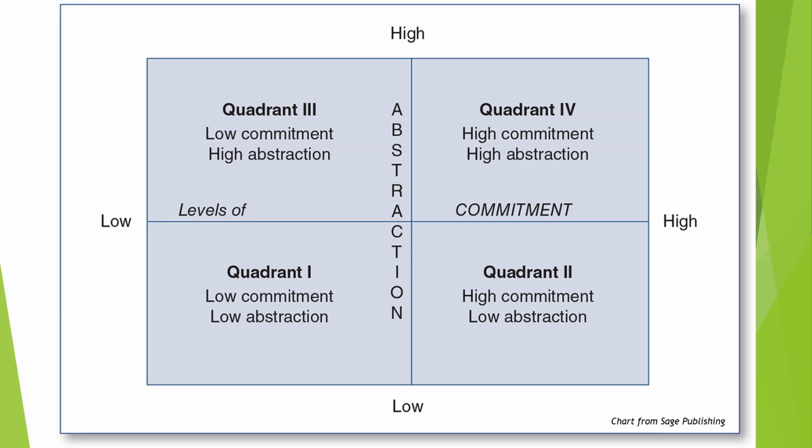Now here we are, again, on the diagram. As you can see, we have 4 quadrants here, okay? We are divided into 4 sections. We have quadrant 1, 2, and we're going counterclockwise here: 1, 2, and then 3 and 4. So we have low commitment, low abstraction; high commitment, low abstraction; high commitment and high abstraction; and low commitment with high abstraction. These are different combinations that require different solutions.